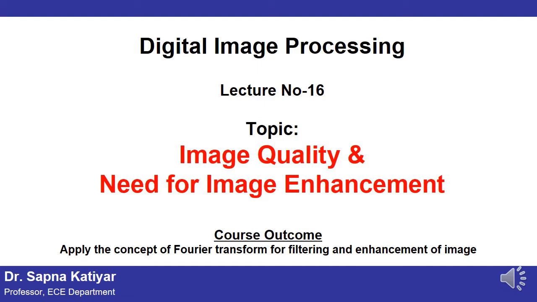Let me tell you that you must be aware that an image is supposed to provide information to an observer. For example, if you talk about medical image, then the medical image is supposed to provide information of specific parts of body for diagnosis and decision making. This is one example I have taken. You can take the example from other fields as well, like if you talk about the forensic image or other